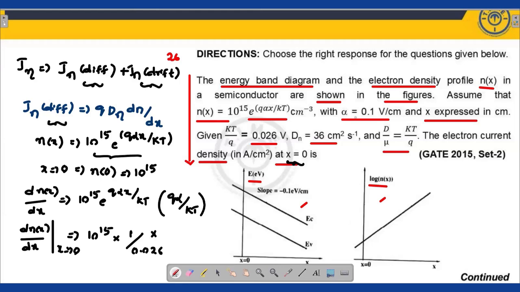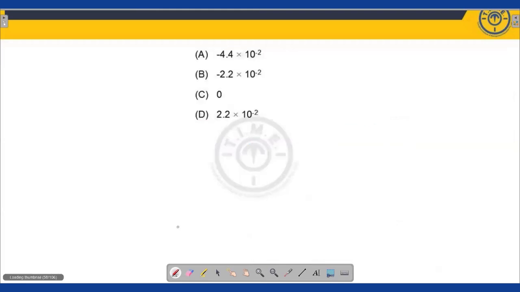This is into alpha. Only the alpha value is given, it is equal to 0.1. See here, four answers are given, my dear friends. Leave it apart over here. Then you are getting